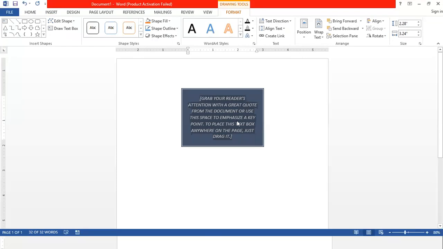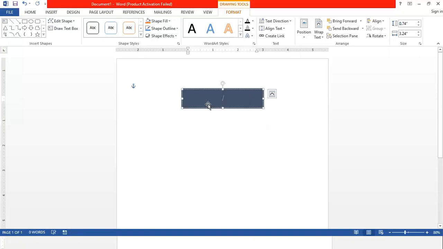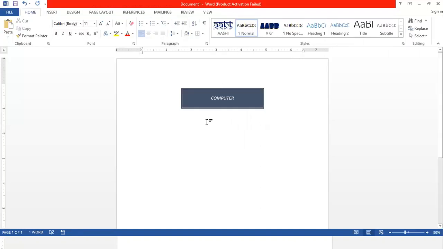Now you can change the text which is written inside it. Just click there and delete the text by pressing the Backspace or Delete button on your keyboard. Then whatever text you want to insert, you can write it and it will be inserted. Now, when I said that a text box is like a placeholder in which you can insert text and move it anywhere on your page, what does that mean? Let's see that.